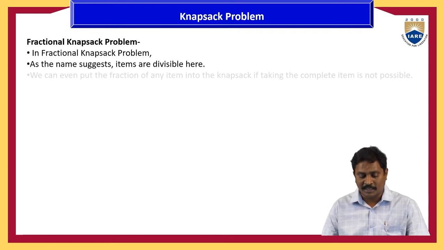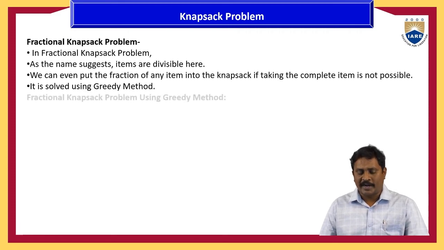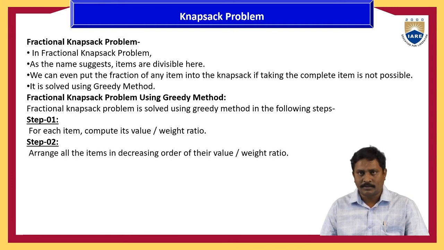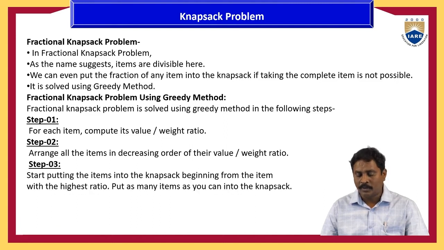Next, the fractional knapsack problem. As the name suggests, it divides some of the weight values into fractions. In step 1, we first compute the profit by weight ratio values. Next, we arrange them all in decreasing order. First, we choose the first constraint weight value as 1, and insert that complete weight into the bag.